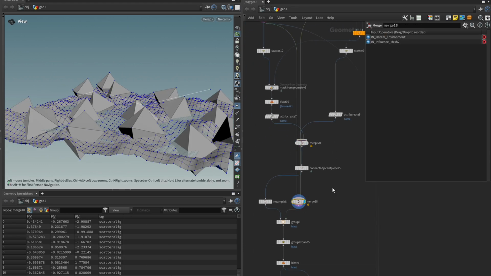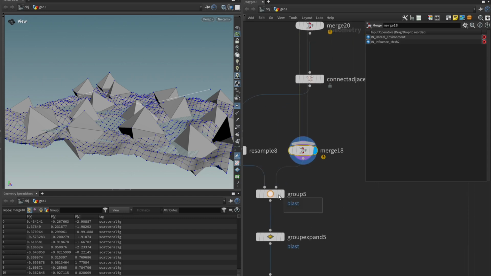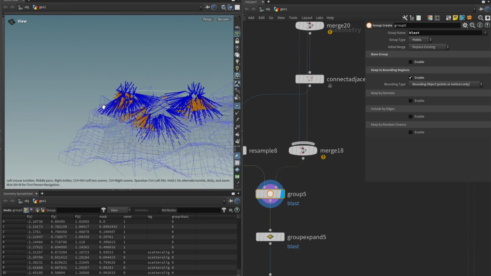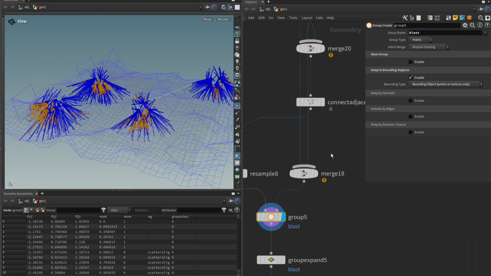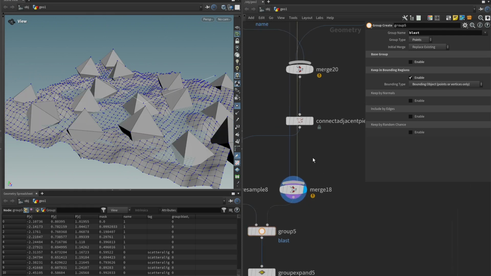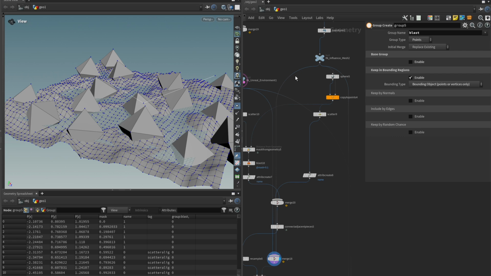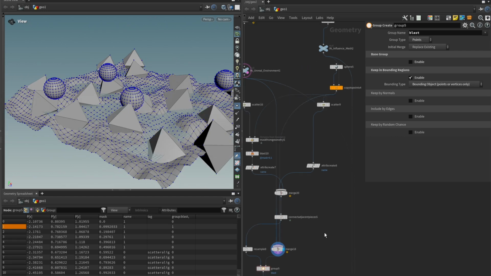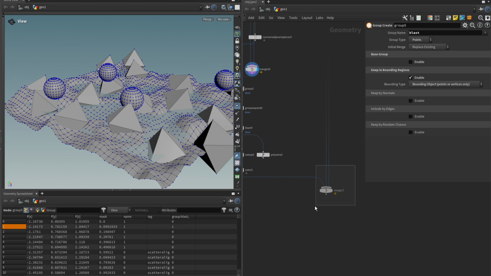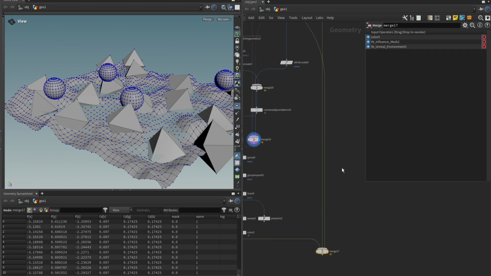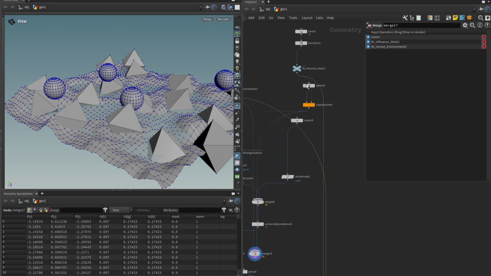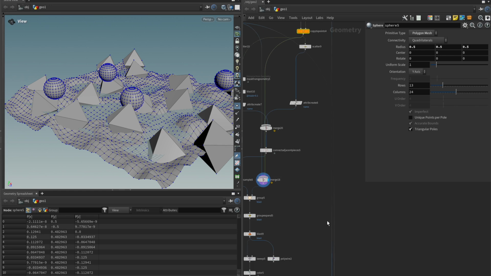Oh yeah, the last thing is for our blast node, for our group where we want to check for intersections. We also need to change this from the influence mesh input to our copy to points output here. Okay, good. And without really changing anything else except the order of where we plug things in, we already have basically a tool that,